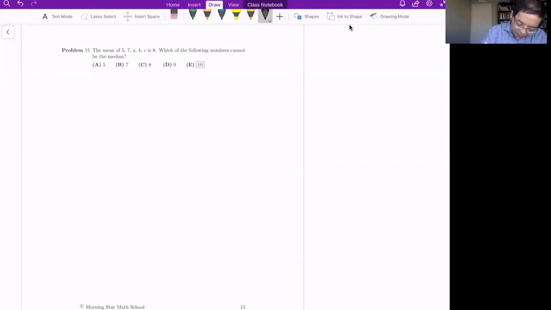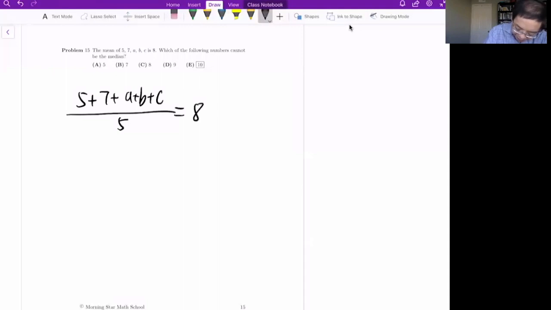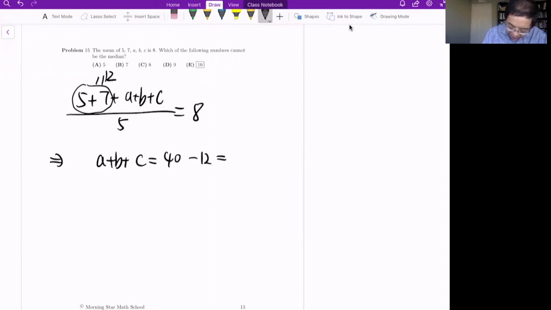Okay, so let me write down. We have the mean, which is the arithmetic average, so divided by 5. This equals 8. So from here, adding together 5 and 7, which is 12, we get A plus B plus C, the last 3, equals 40 minus 12, which is 28. So in particular, if you take the average of these 3, this approximates